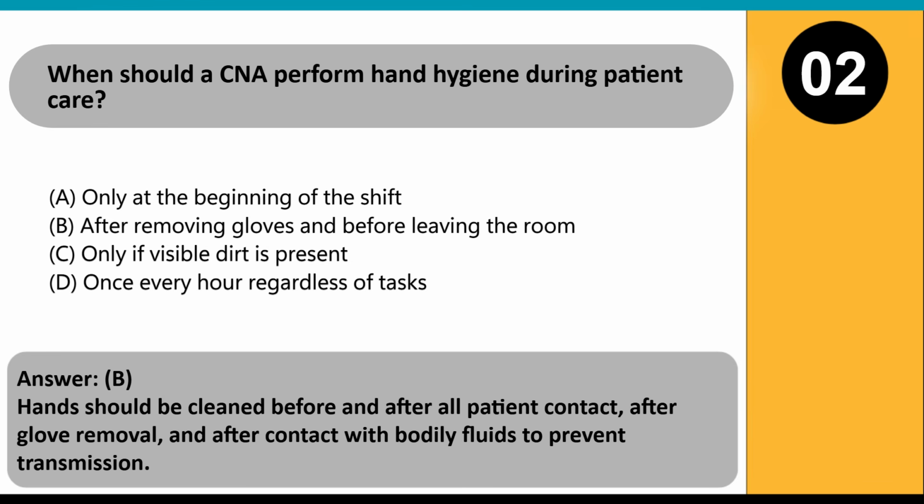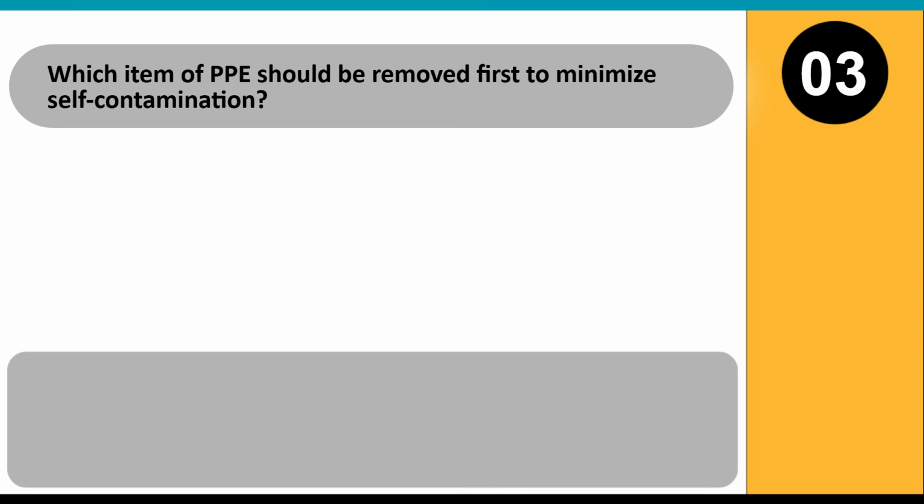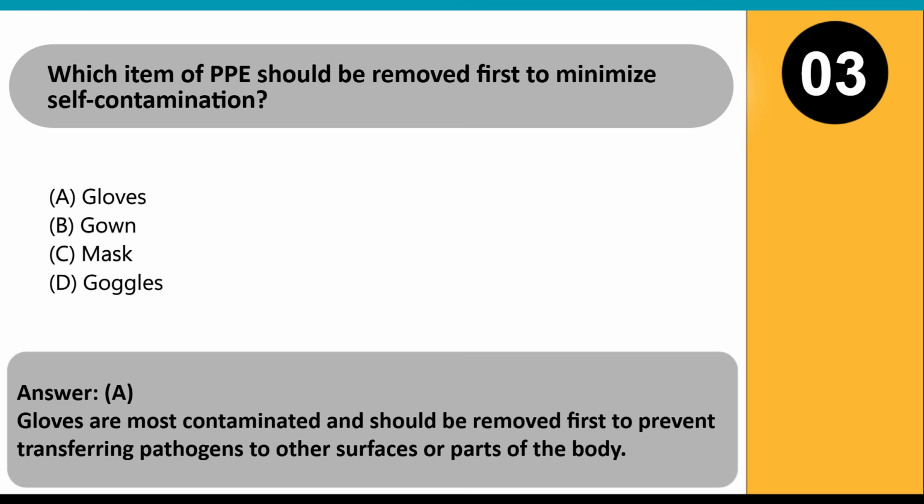fluids to prevent transmission. Which item of PPE should be removed first to minimize self-contamination? A. Gloves. B. Gown. C. Mask. D. Goggles. Answer: A. Gloves are most contaminated and should be removed first to prevent transferring pathogens to other surfaces or parts of the